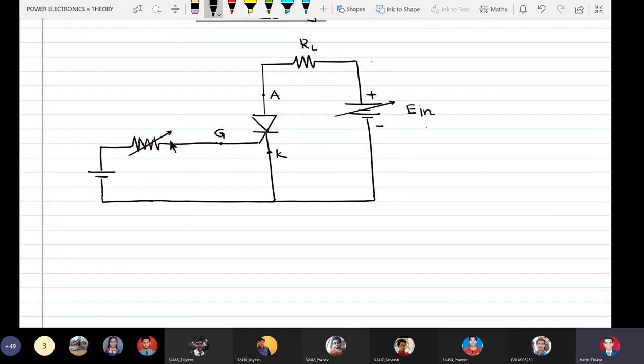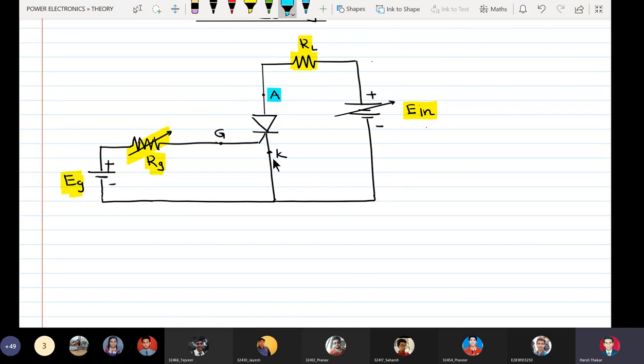This is called a gate resistor RG, and this is my EG supply. EG represents the gate voltage. We have a variable resistor RG, the load resistor RL, and the input voltage E in.